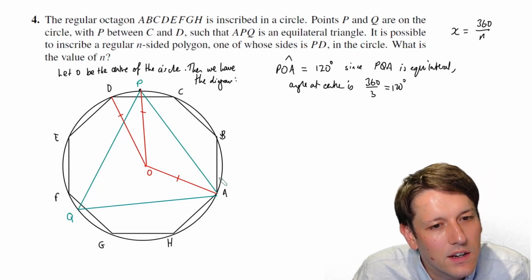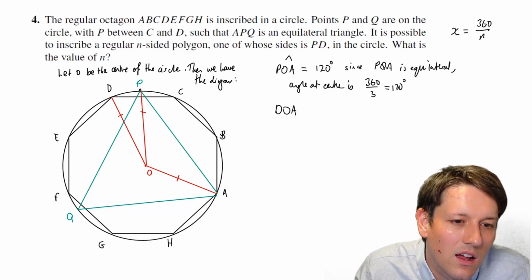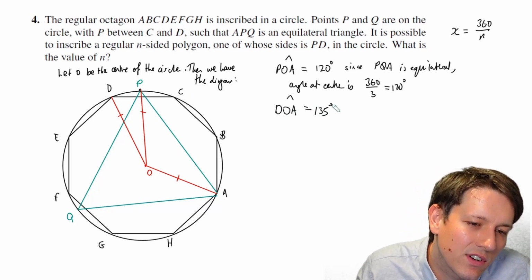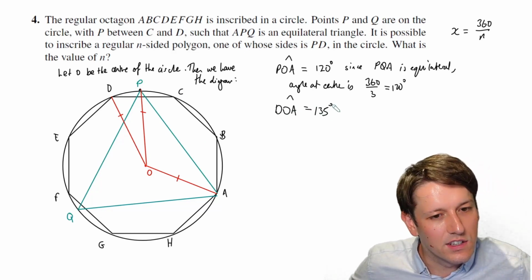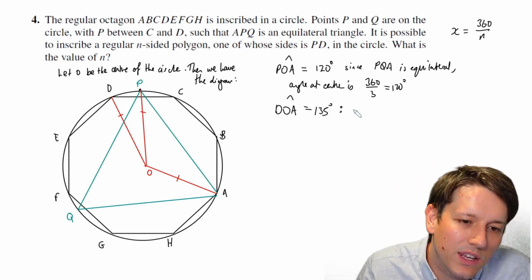Now DOA is equal to 135 degrees is a little harder to justify, and let's put a colon here and say